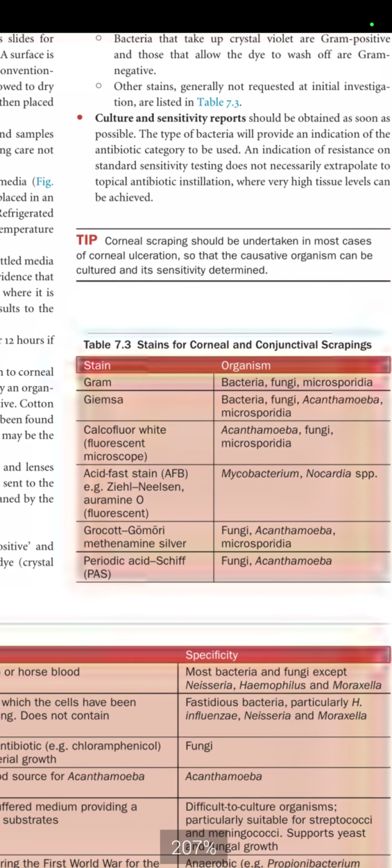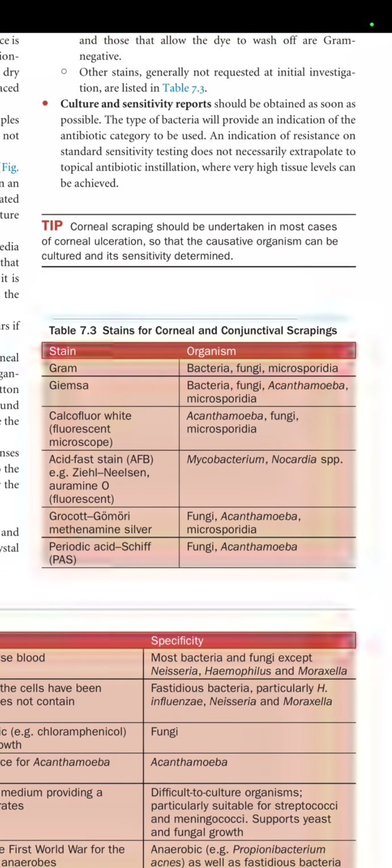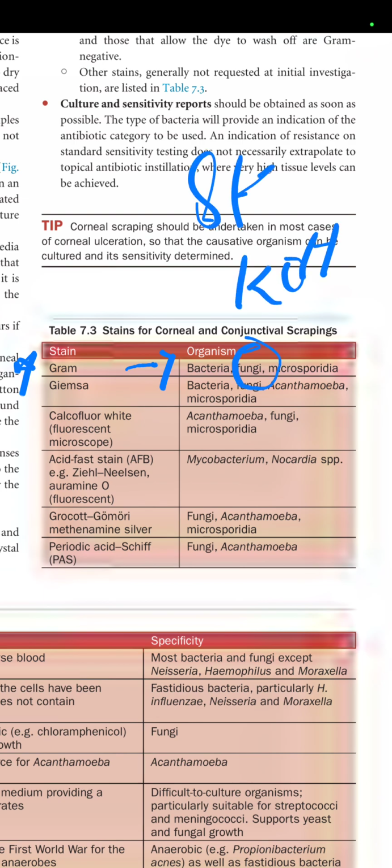As I told you, basically the corneal staining is to detect certain type of organisms, and it also gives us that it is positive or negative, and it indicates if bacteria, fungi or microsporidia are present or absent. So what are the staining techniques? First of all, very important is the Gram staining technique. Gram staining is used to determine bacteria, fungi, and microsporidia. But for fungi, most importantly KOH staining is used